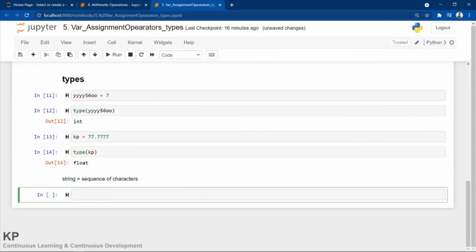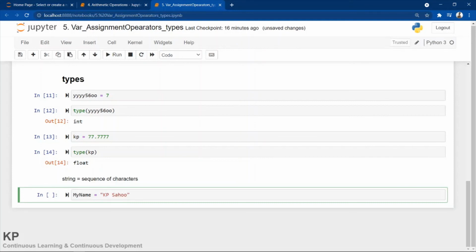Suppose I want to give my name. As per the naming convention, I cannot give a space, so I will write my underscore name, or I can make it capital, MyName. This is also readable. I am giving KP Sahu.